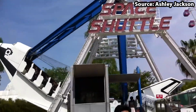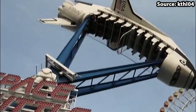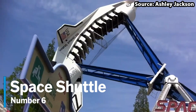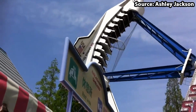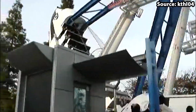Have you ever wanted to go upside down in a pirate ship? Well, of course you have, and so you have got to take a ride on our number 6 spot, Space Shuttle, because it has taken your classic amusement park ride to the next level. Quite literally, with as soon as you have boarded the awesomely designed rocket ship, and for the best overall experience,